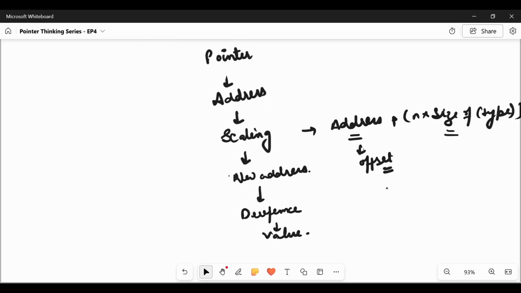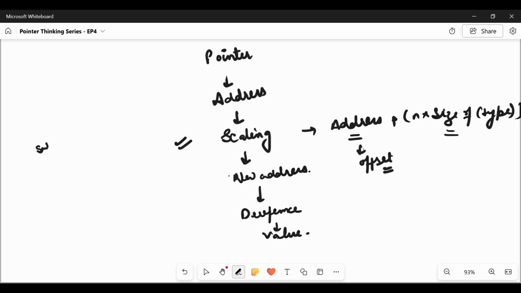So we have seen that pointer arithmetic is scaled arithmetic, which is done by the compiler. The compiler multiplies by the size of the type. So pointer plus 1 means the next object. Pointer hopping is done object by object, not byte by byte. And pointer subtraction returns object distance.